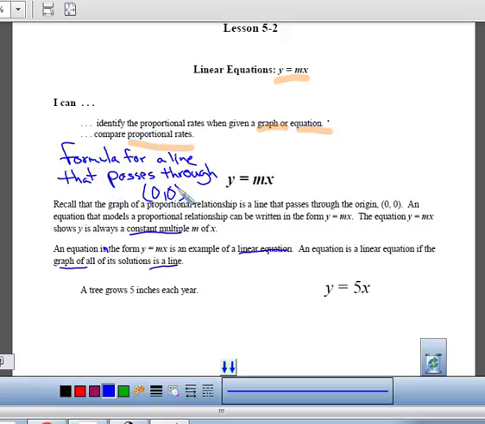Doesn't always go through it, sometimes it starts at it. Okay? Now, this m here stands for the change in y over the change in x. Or remember, the other name for it is slope. Or the constant rate of change. Okay? Alright, so